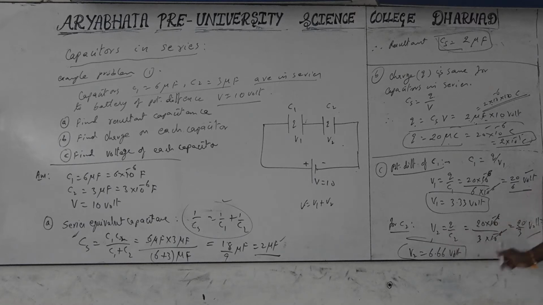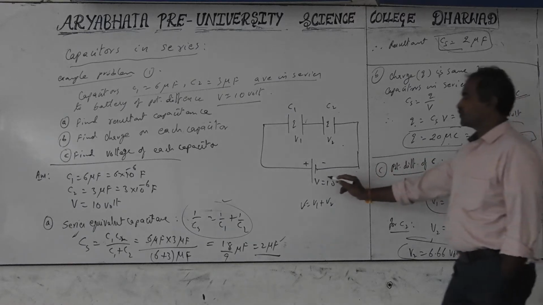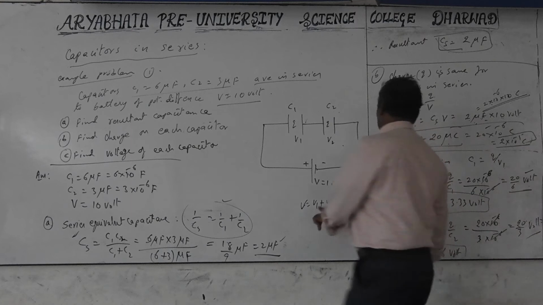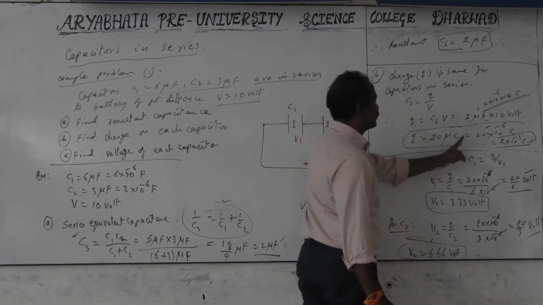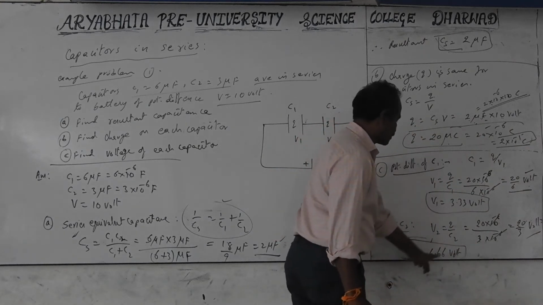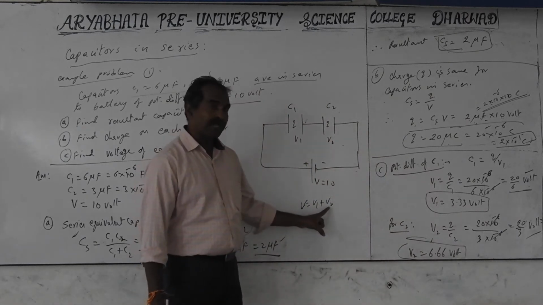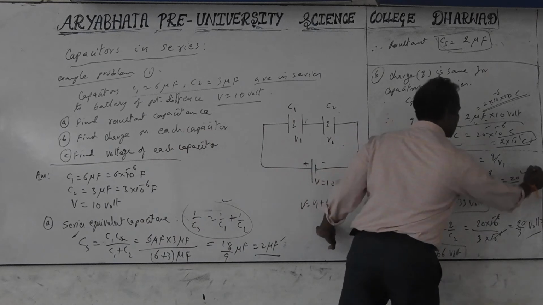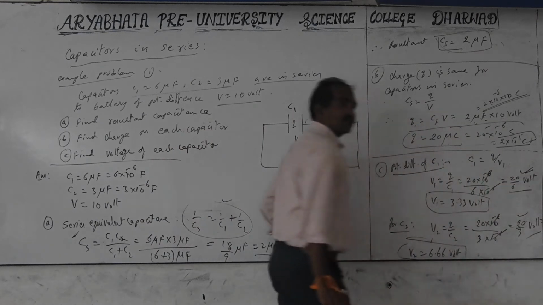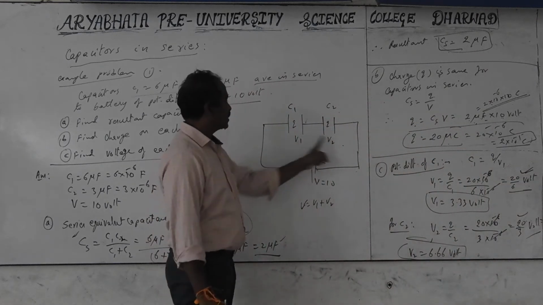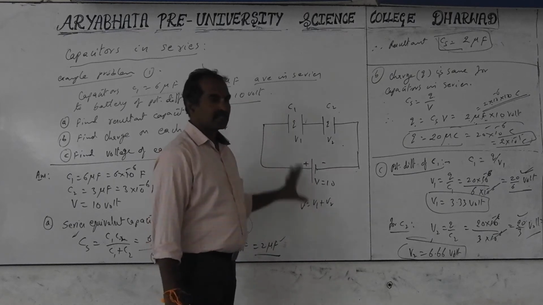This is the voltage. And the sum of these two, 20 by 6 plus 20 by 3, will be equal to the total voltage, V1 plus V2. But if you divide into decimals like 6.66, you will get only an approximate value, not the exact one. So if you want the exact value of V equal to V1 plus V2, you need to take the sum of these two fractions, 20 by 6 and 20 by 3. These are supposed to be equal to the total voltage. Okay.